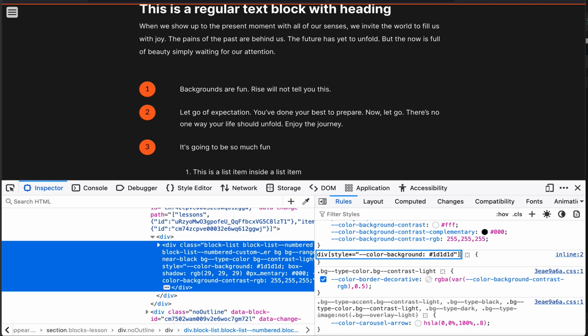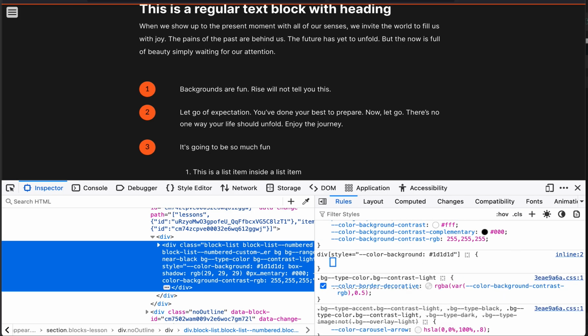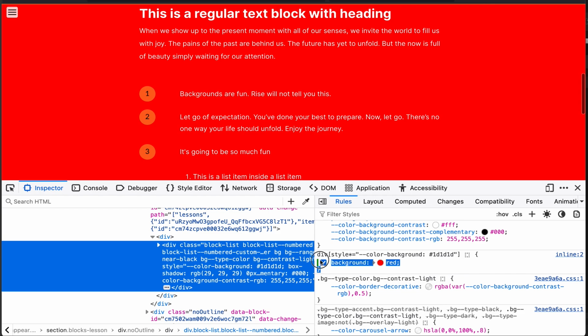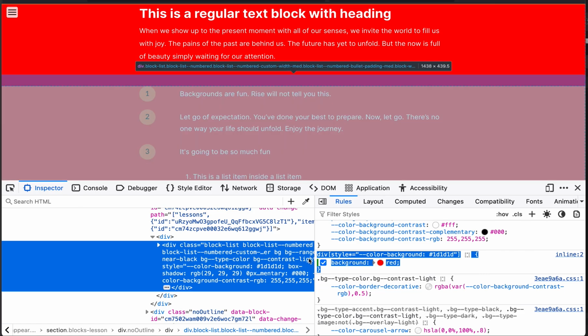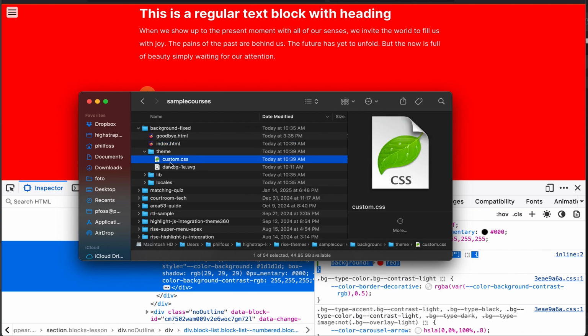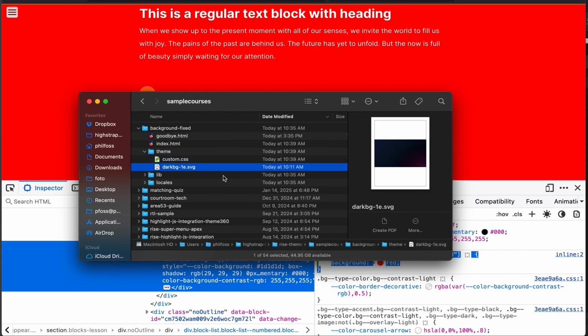Okay, so let's see if I wrote that correctly, and I'm just going to do background red. Not that that looks good, but I'm going to use that as my selector. Like I said, I had downloaded my course. So there's my index file. That's where I added the link to this CSS, custom.css. And here's where I added my SVG,